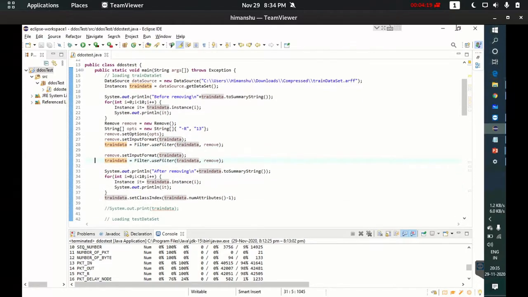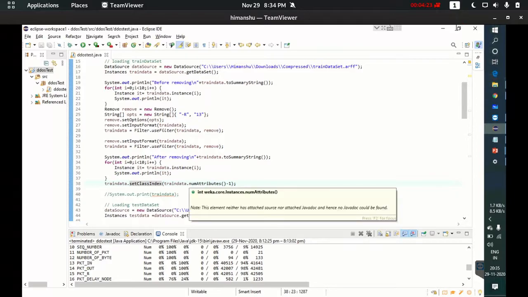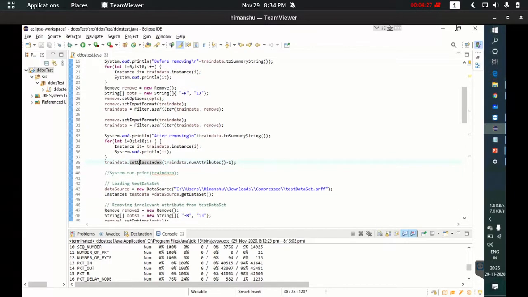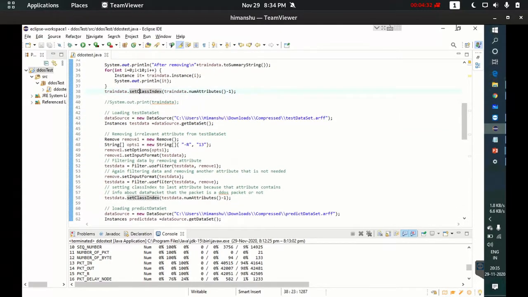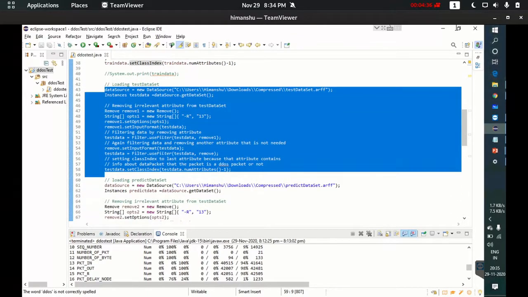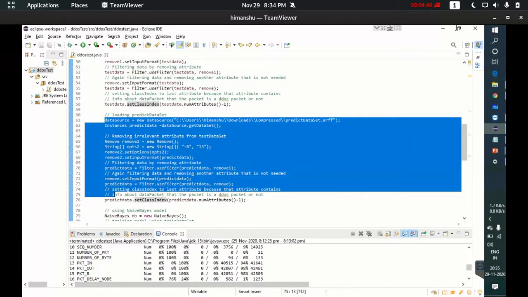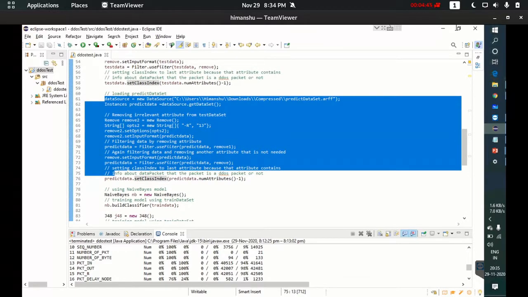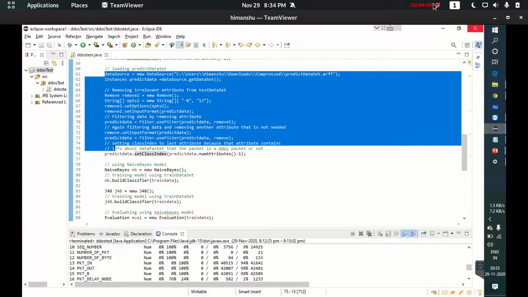Class index takes an integer that is the index of the attribute to be predicted by the machine learning model. Similarly, we load the test dataset and prediction dataset, and we remove the irrelevant attributes and filter the datasets. Now the rest of the part will be discussed by Himanshu Kumar. Thank you.